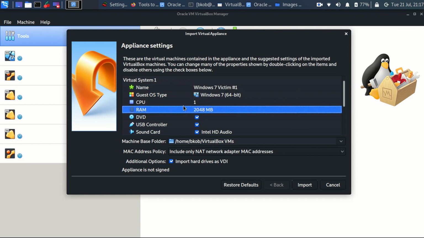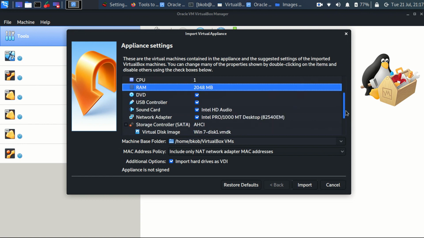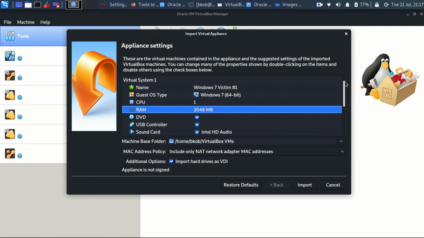If you want, you can also change your RAM size. I would recommend using 2 GB of RAM, which would be good and efficient for you. That's the only thing you need to change. Anything else you want to change in future can be changed after importing it. So all you need to do now is click on import.